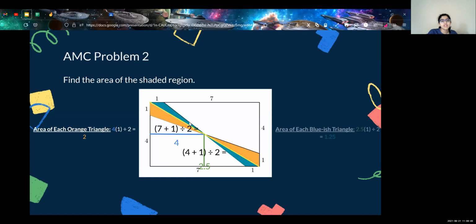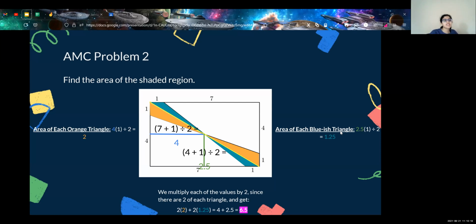And then we see that these two are blue triangles, and the area of each would be base times height divided by 2, which is 2.5 times 1 divided by 2, multiplied by 2 because there are two triangles. So we get 1.25 times 2, which is 2.5. So 4 plus 2.5 is equal to 6.5,